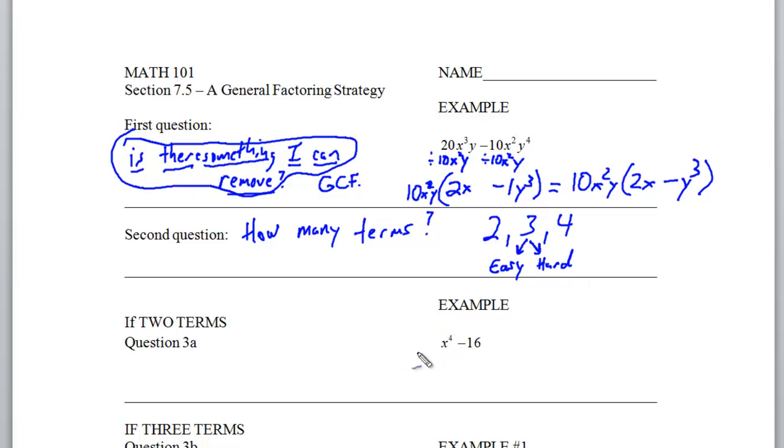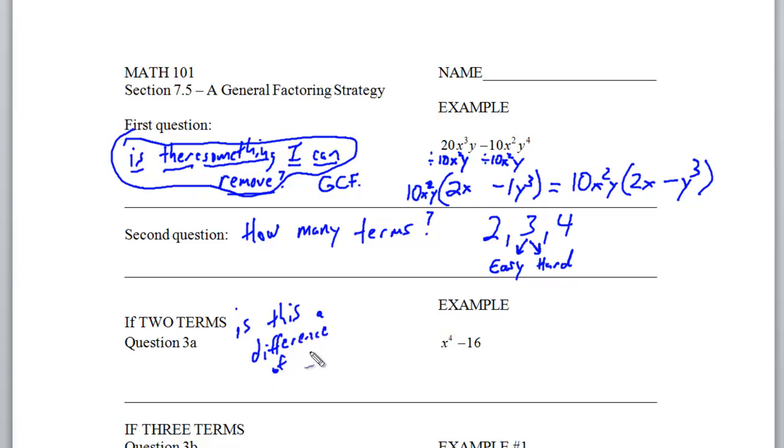Now, let's take a look at how many terms. Here's the example. The first question I'm going to ask is, is there something I can remove? The answer is no, because there's nothing that the x to the 4th and the 16 have in common. Now, this has 2 terms. So my question now becomes, is this a difference